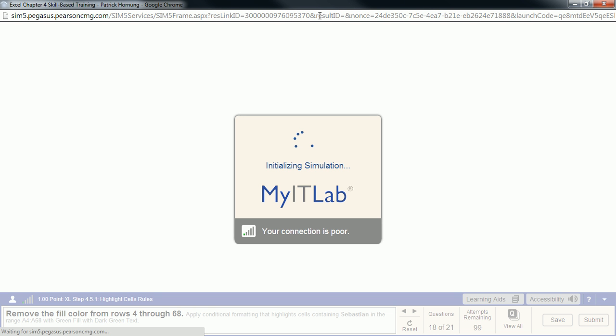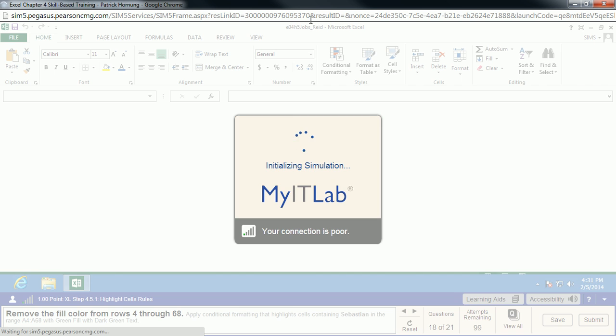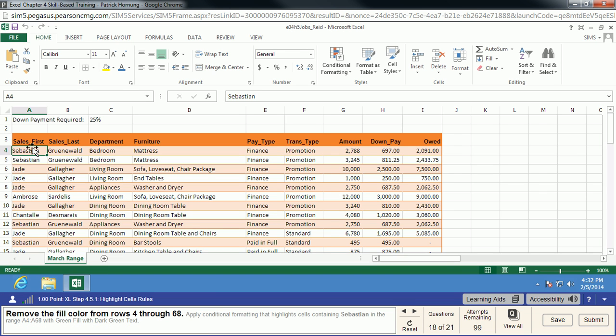Next, we are going to remove the fill color from rows 4 to 68. Maybe we don't like the style that's placed into the table for us. We can pull that formatting right on out of there. It's going to be just like as if we were doing shading in a cell. All we need to do is select our rows,